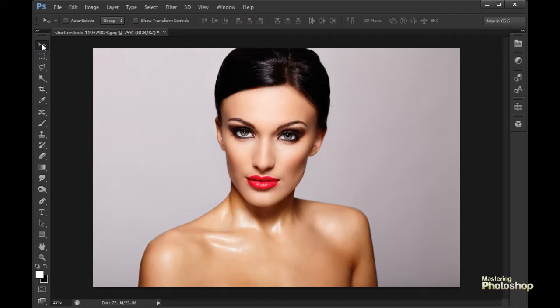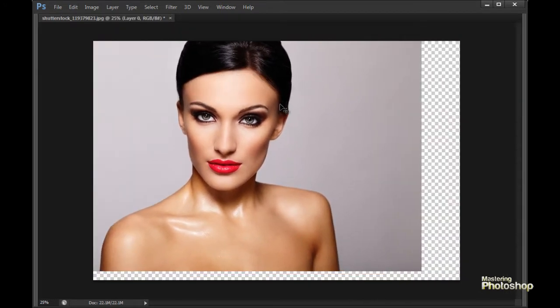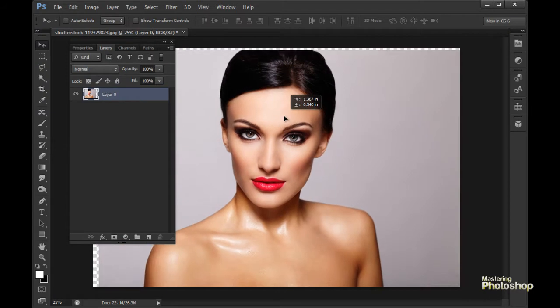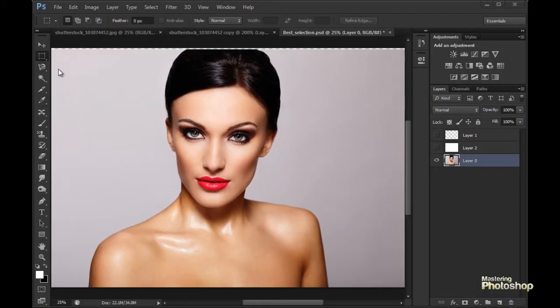We have the first tool called the Move tool, and as the name suggests, you can move an image or text or anything which is movable. Now the next tool is the Marquee tool, and when you click on the Marquee tool, you'll realize there is a small arrow in one corner. If you keep your mouse clicked over there